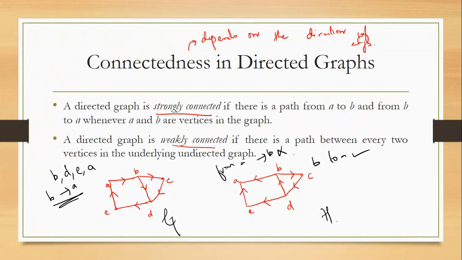From B to C, you can see. What about C to A, C to D, D to E, and E to A? So in this graph G, please stop the video, create the graph, and verify that you can go from each vertex in this graph to any other vertex by using a direct path or an indirect path. But in this graph H, it is not possible. So G is a strongly connected graph, while H is a weakly connected graph.